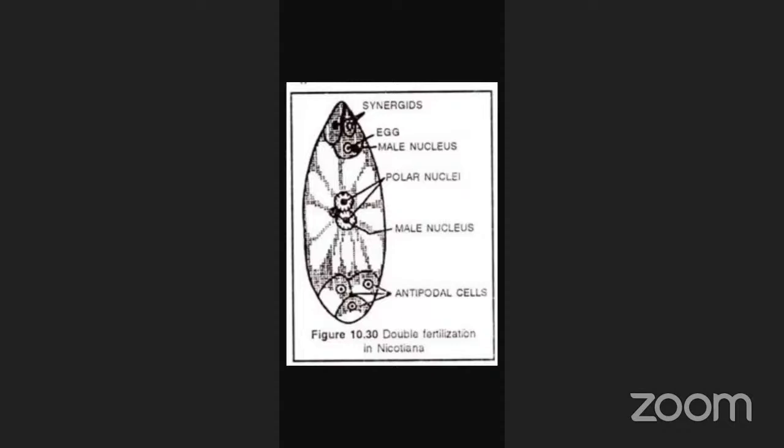So here, the 7-celled and 8-nucleate embryo sac consists of the egg apparatus and central cell, and 3 antipodal cells are there. The female gametophyte is highly